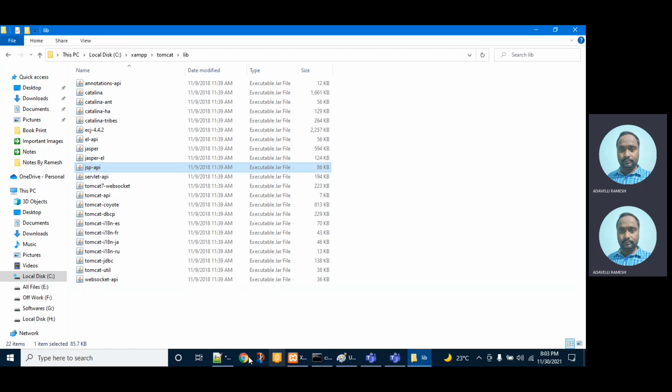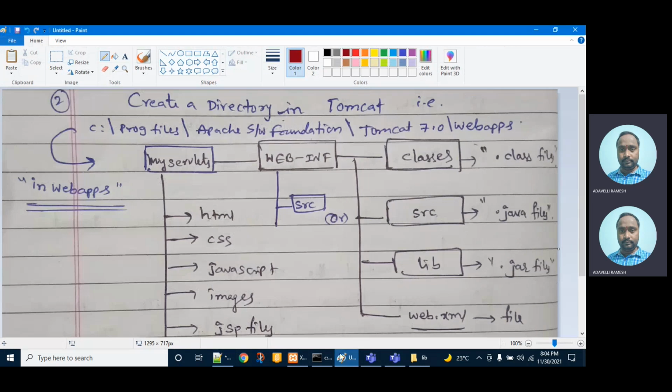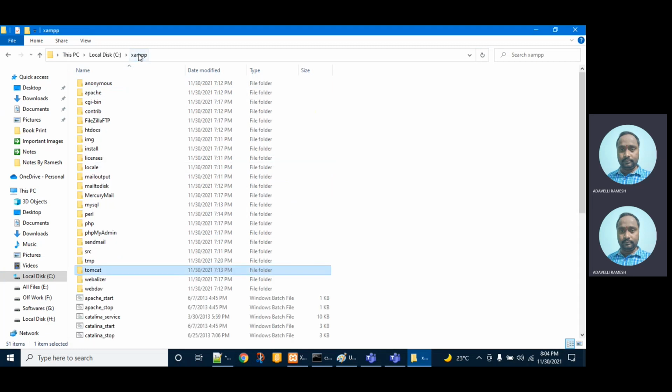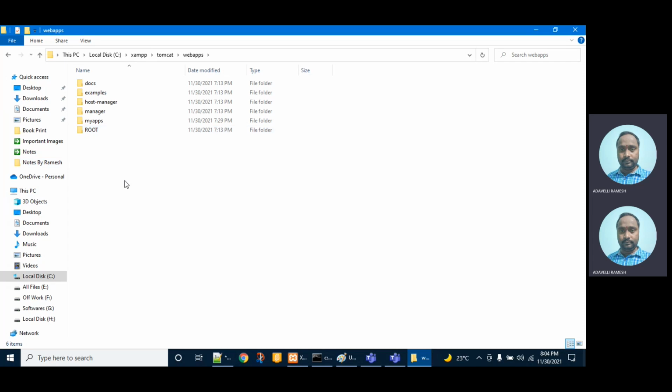The next step is to create a project structure. This is important for any web applications in server side programming. First, go to your Tomcat. In XAMPP Tomcat there is a folder called webapps.